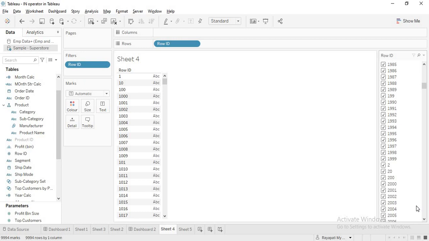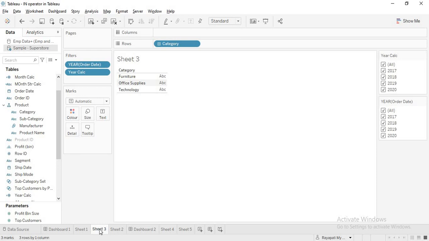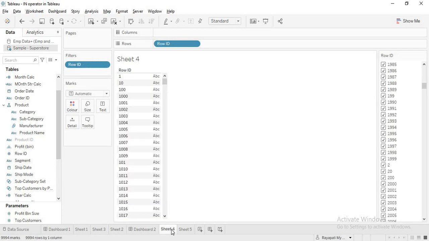Okay, this is about sorting, guys. In this we have discussed string sorting, which is not much of a complication. Then we saw date sorting, in which we tried to sort by year, by month and by day. Then this is an ID column, which is a numeric dimension. Sorting on measures doesn't make much sense and is not much advised either, so I'm not discussing that topic. If it is needed, someone can ask me with a scenario, and I'll definitely get back to you on that. Okay, so this is about the session, guys.